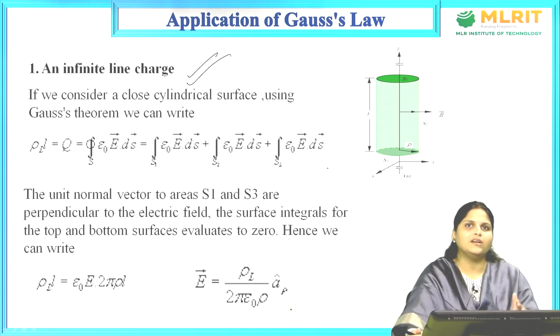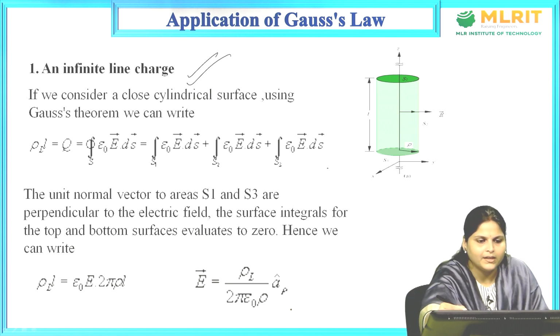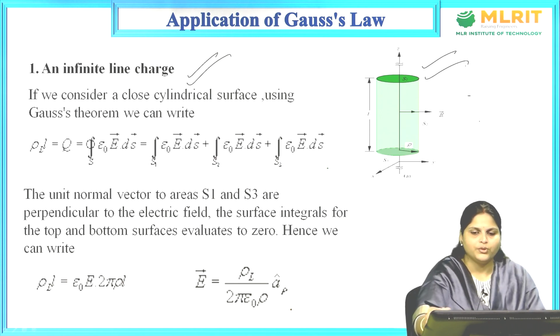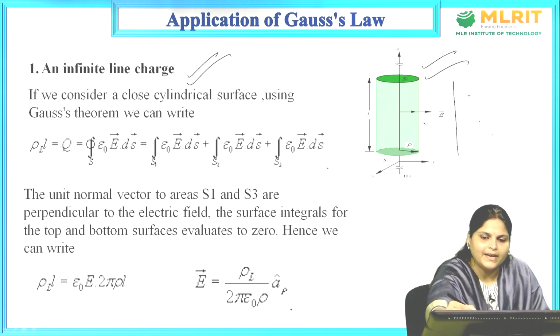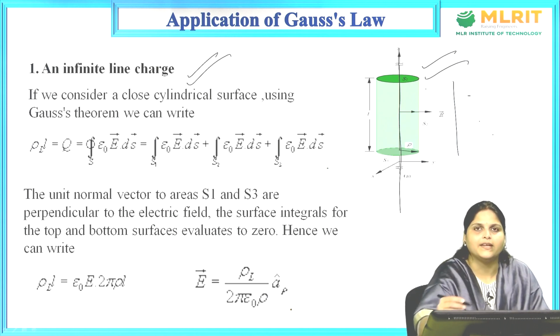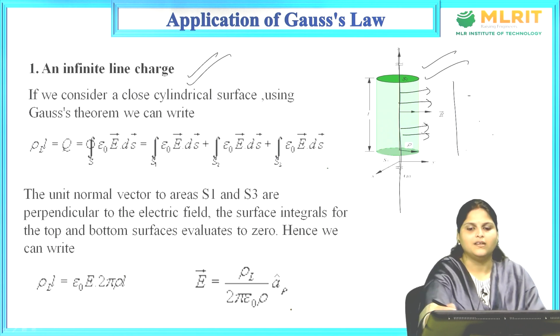By using Gauss law, we are going to find the electric field intensity due to an infinite length line charge. To understand that, we are basically considering one cylindrical surface. You can see here clearly this is a cylindrical surface. Basically the line charge is present on the z-axis, and around this z-axis we have created one cylinder, and obviously the lines of field, or the electric field intensity, will be like this,